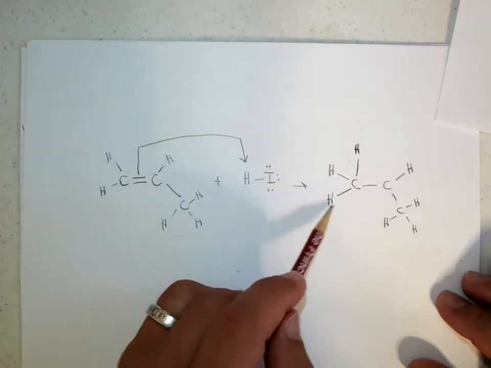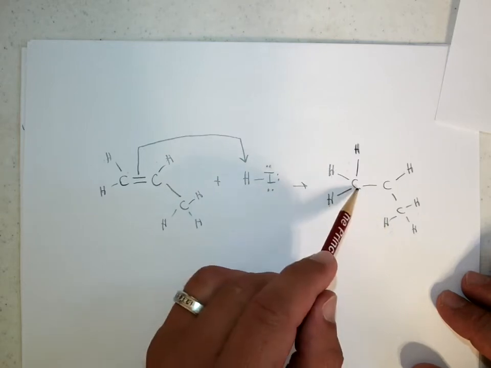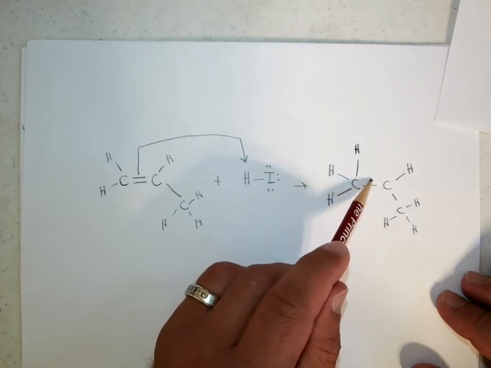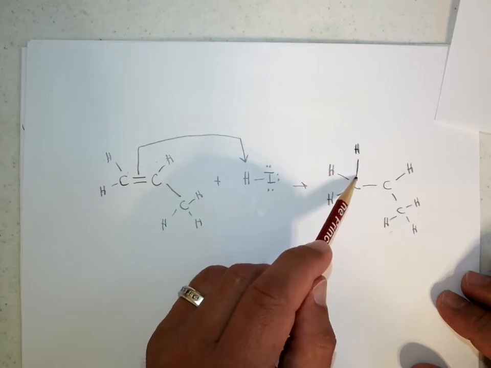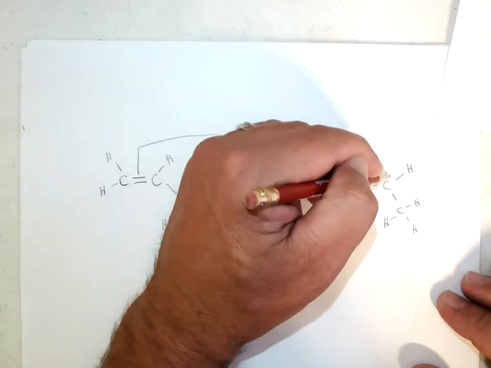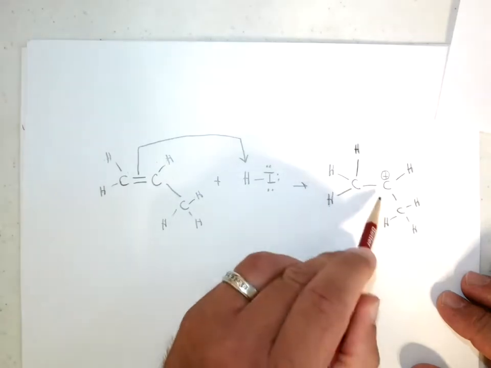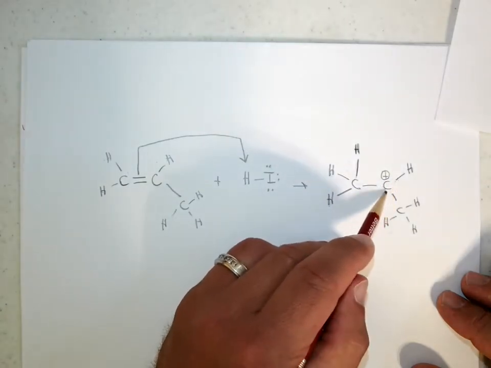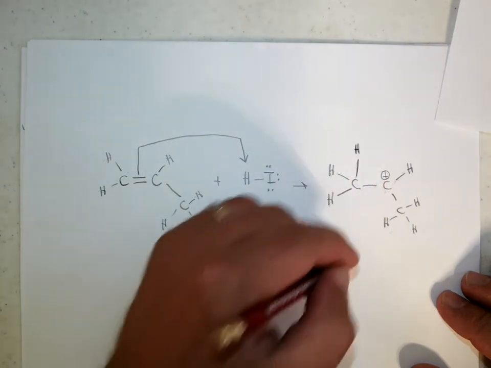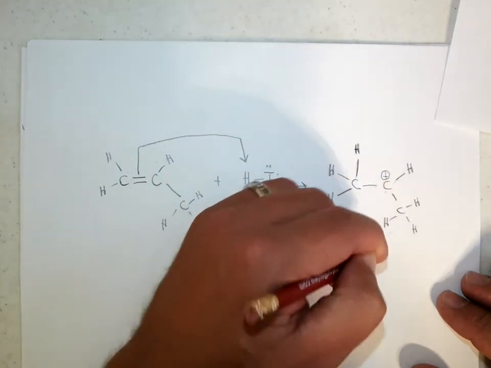Adding another hydrogen didn't change any of that, but adding this hydrogen, having these pi electrons move over to here to make this bond, leaves this carbon lacking electron density. So this only is making 3 bonds, 3 electrons are assigned to this carbon, making it a carbocation. This is a carbocation